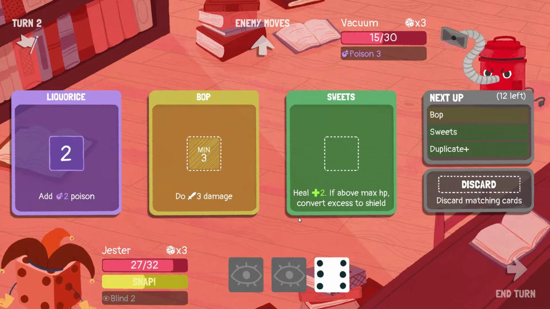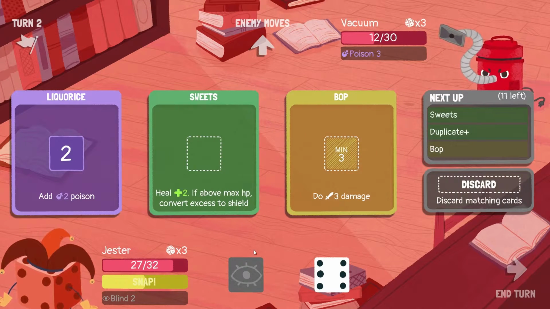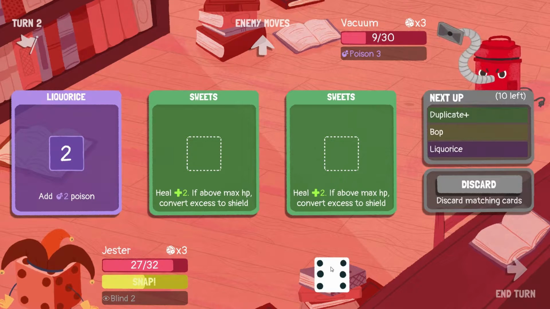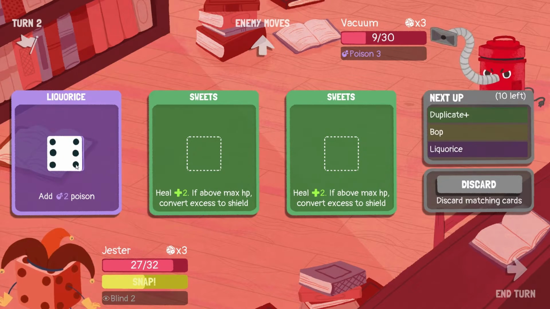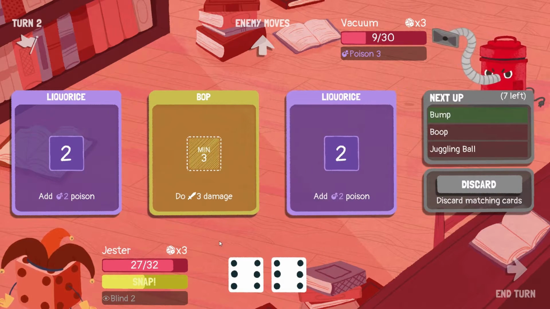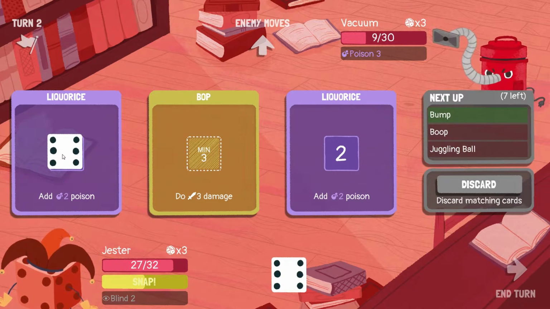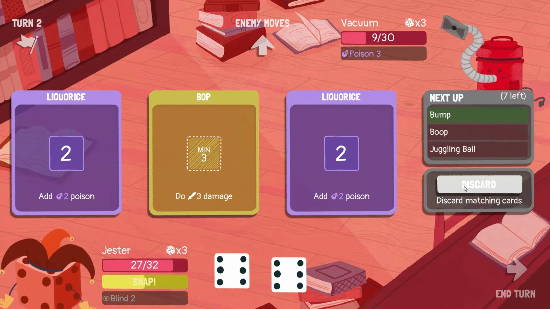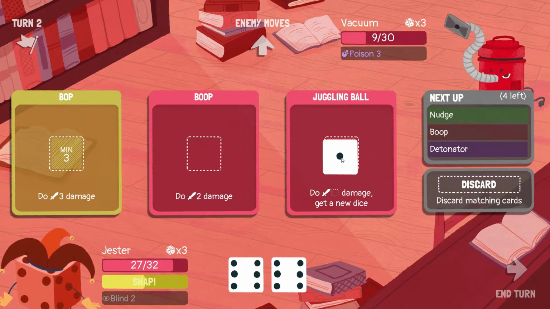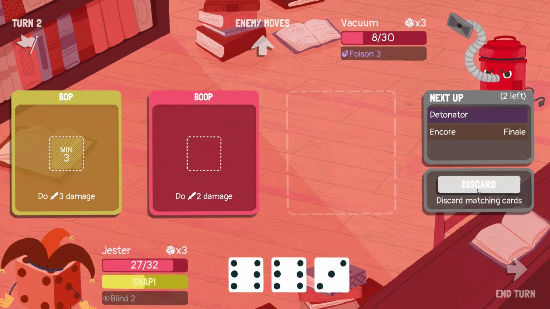Alright. Licorice, Bop, Sweet. Well, let's Bop. And then Bop. And then we should probably, honestly, actually discard the sweets, dupe the 6. Oh, this is gonna be good. This is gonna be really good. Discard Licorices, bump the 6, juggle the 1, nudge the 4, discard,